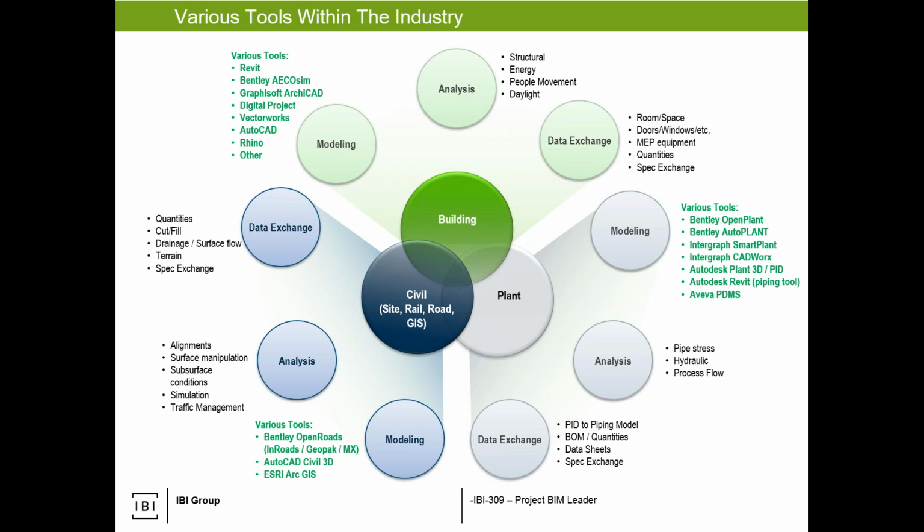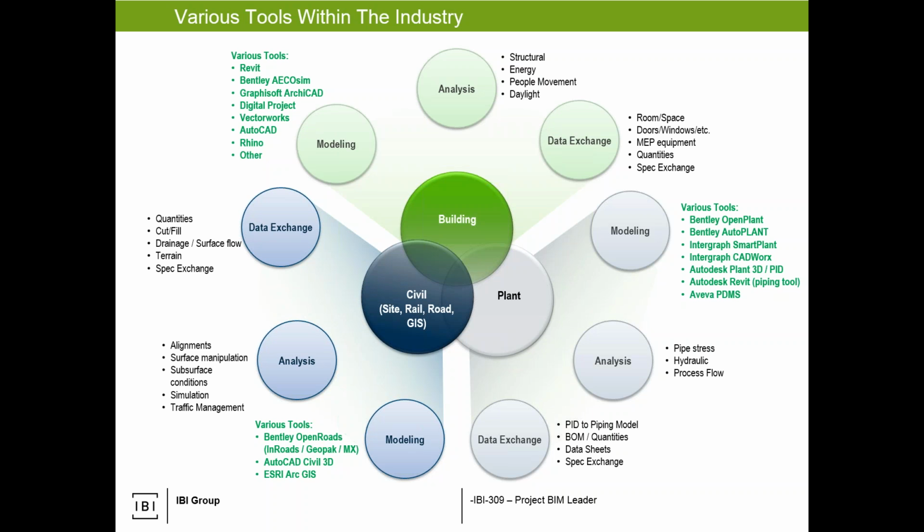Now, the reason there's this split is more so because of the analysis and the data. So when you're analyzing information in a civil model, the information that's available for cut-fill analysis, volumes and surface areas of the various stratifications of your site are very different than your building's volume of concrete, length of steel, surface area of walls, for example. And then on the plant side, it focuses really on piping and placement of both gravity and pressurized pipe in linear projects or in plant building projects.